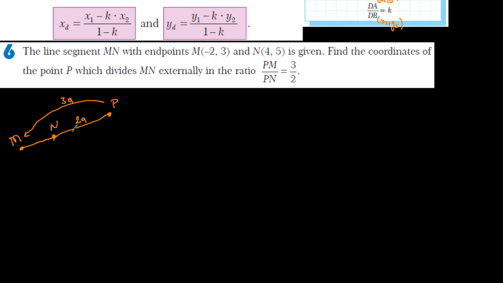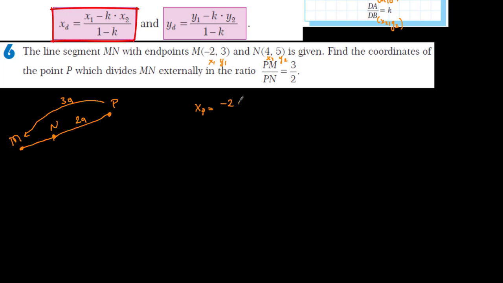Okay, so with respect to this formula, PM over PN, M is the first one here, PM actually, yes, PM over PN it is given. So firstly we are looking for M equal to x1, y1, and N equal to x2, y2. So this is x1, y1, this is x2, y2, it's going to be. With respect to this information, xp is equal to